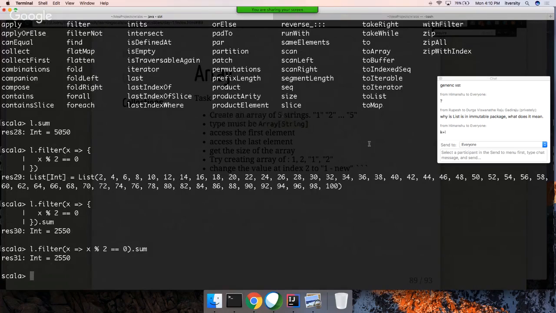Okay. Now let's make it a little bit more complicated. Let's create a collection of tuples, and then we will see how to process the data. So here I'm using, let's say, T equal to list of: first element is 1, hello; second element is 2, world; third element is